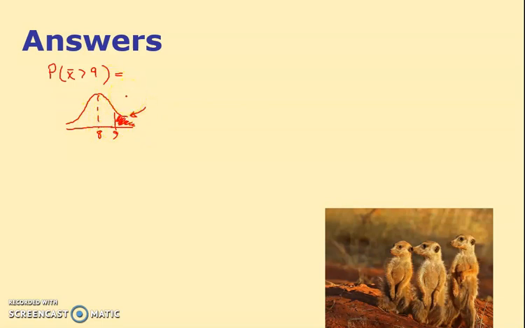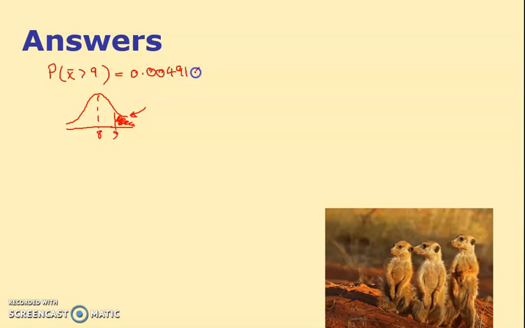So we type this into our calculator anyway. We go menu 7, normal CD, number 2. Lower value is 9, because I can see the lower value of my shaded interval is 9. The upper is infinity, so I type in 9. The sigma is actually the square root of, it was 3 divided by 20, close bracket. And my mu was 8. So when I've done this here, I've got